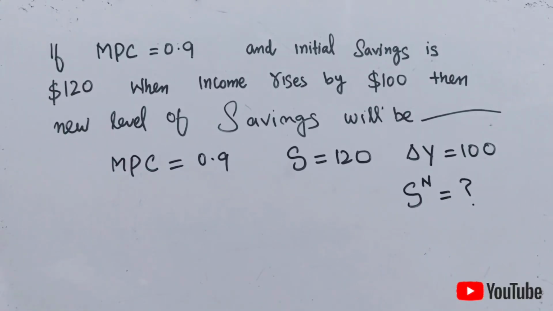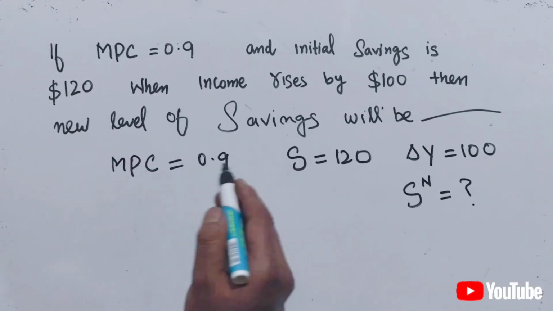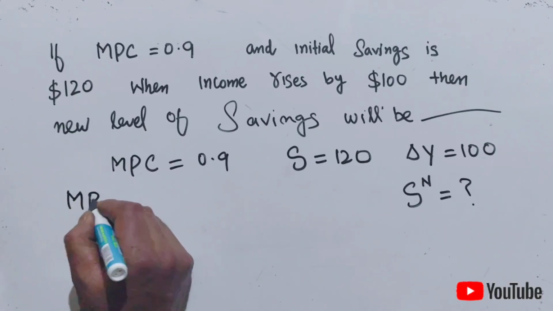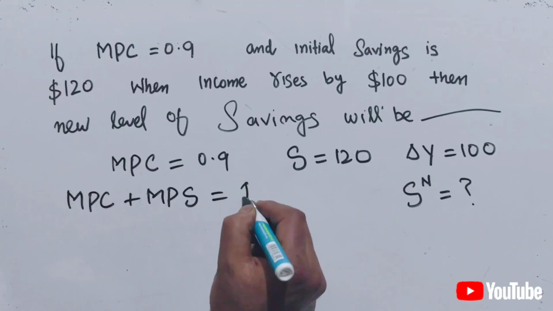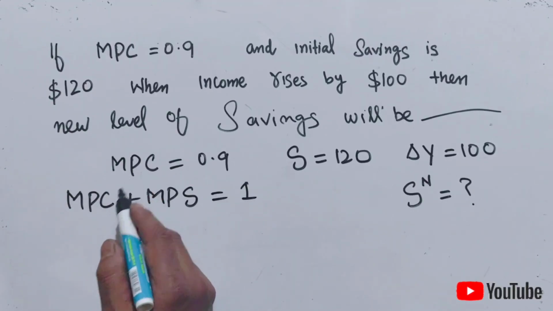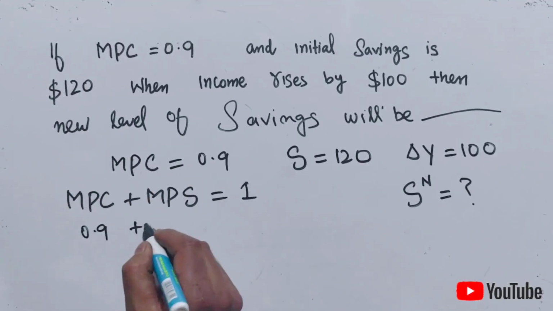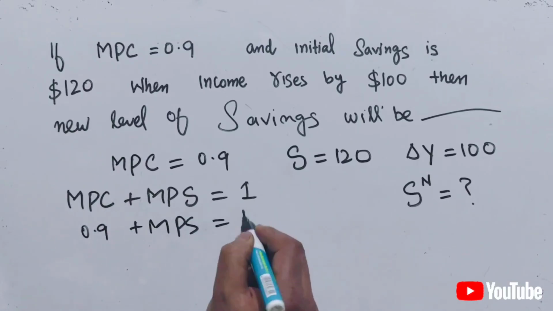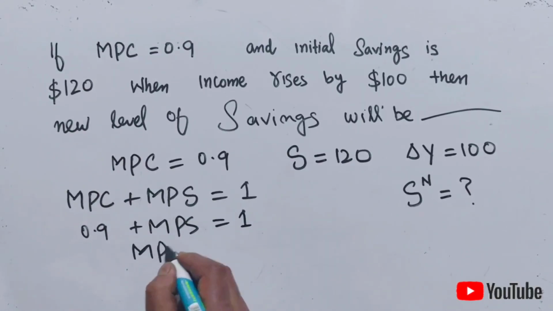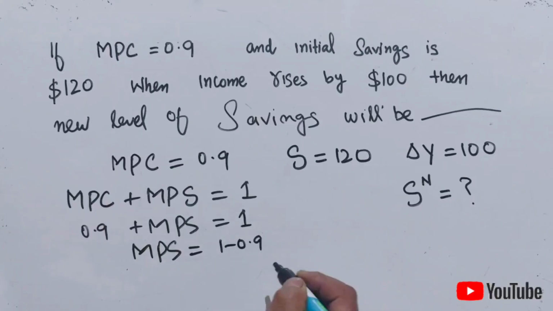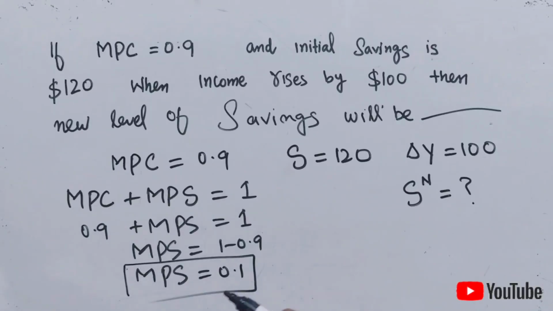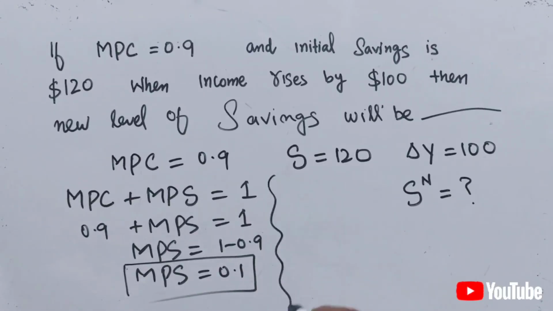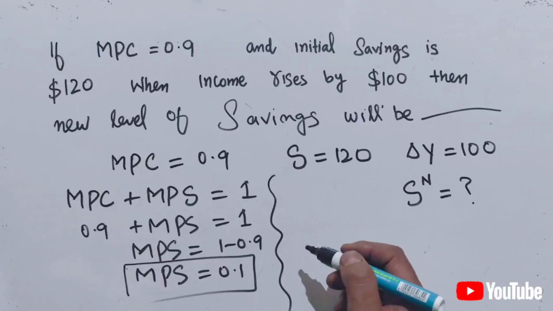If MPC is 0.9, we know that marginal propensity to consume plus marginal propensity to save is equal to 1. So MPS will be equal to 1 minus 0.9. So marginal propensity to save is equal to 0.1. First we were supposed to find out the marginal propensity to save. Now, given this information,